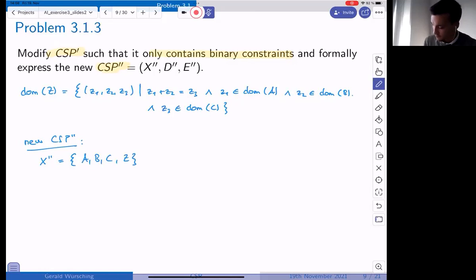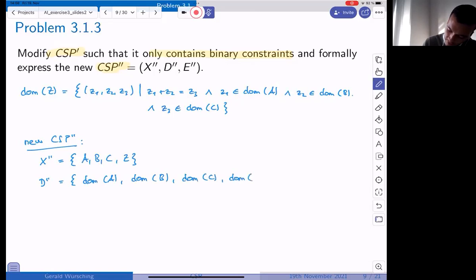We have our new domains: for each variable, a domain, the domain of A, the domain of B, and the domain of Z. This here now corresponds to the domain of Z from before. And finally, we have our new set of constraints.